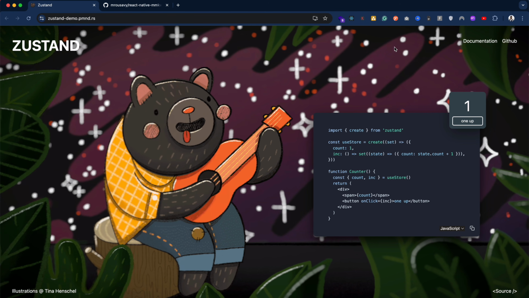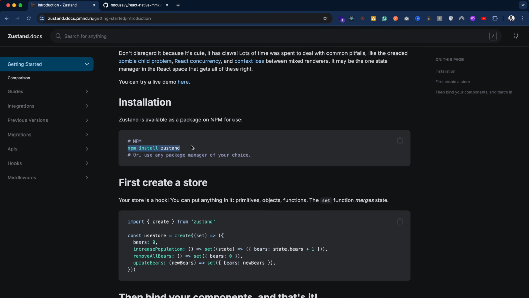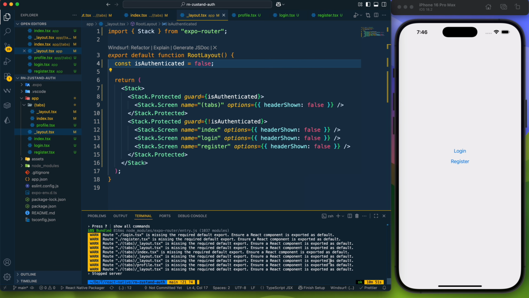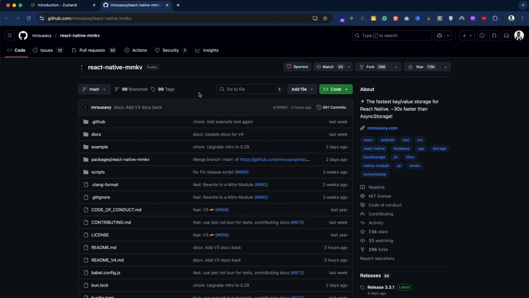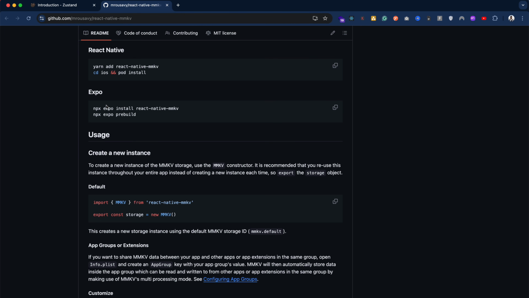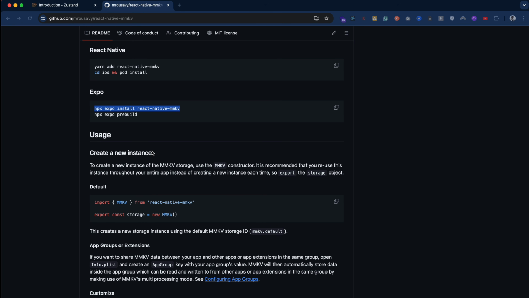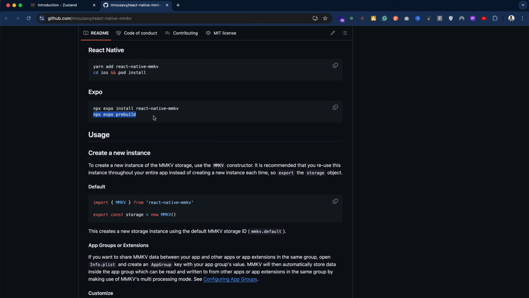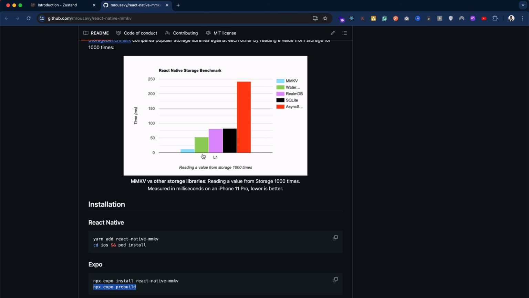The first one is Zustand. So let me go to the documentation of it, and here we can see the npm install command. So here let's install Zustand, and after that we need to install React Native MMKV, and here for Expo we have this command. So let me copy it and paste it here, and with this MMKV we need to create this prebuild. So this MMKV is a faster alternative to AsyncStorage, as you can see over here, and